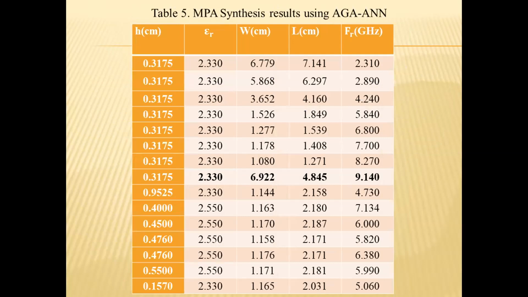Results obtained in table 5 clearly show that among the different possible design configuration, microstrip patch antenna with 0.3175 centimeter height, a dielectric constant of 2.330, and dimensional characteristic length 4.845 centimeter and width of 6.922 centimeter achieves the highest cutoff frequency of 9.140 gigahertz. By observing table 4 and 5,